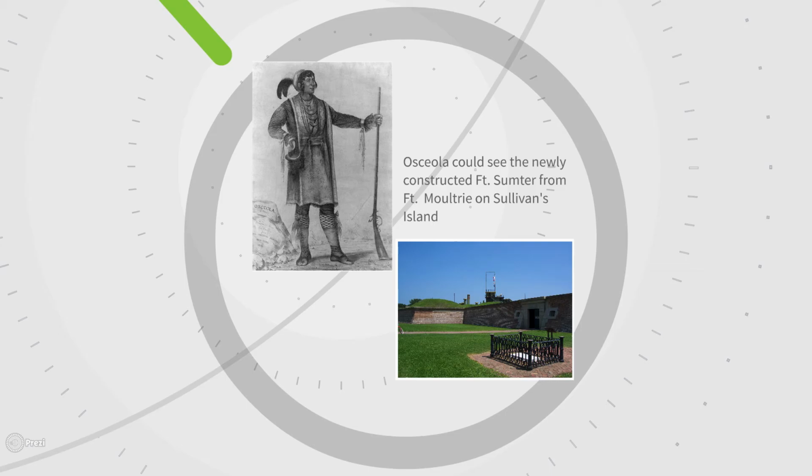And I say here that Osceola could have seen, as he was being brought into Fort Moultrie, he very likely saw Fort Sumter, which was under construction out in the harbor. In this period. And so it's a reminder of what I said at the very beginning of this, that moving Indians out of the way is key to the success of